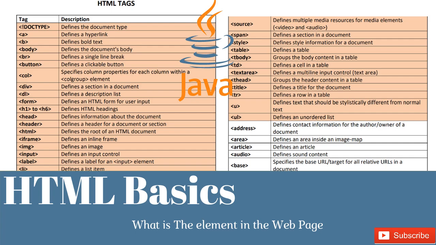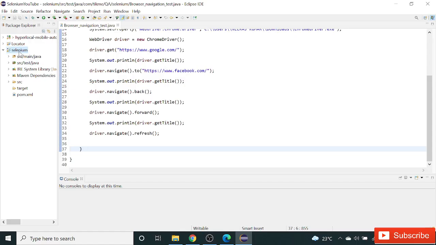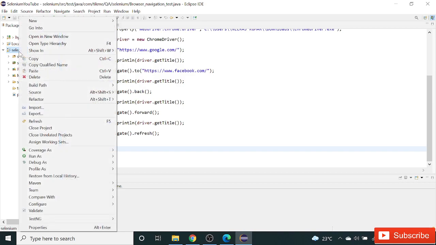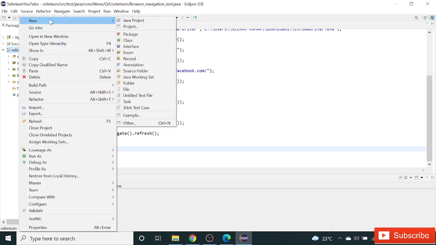So I'm going to create an HTML file. To create any file, click on the project, go to New, and inside New select File.